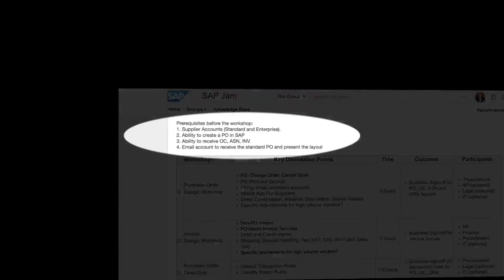1. Make sure you have supplier accounts set up for both standard and enterprise accounts. Have the ability to create a purchase order in SAP. Also, the ability to receive an order confirmation, advance ship notice, and an invoice in SAP as well. Lastly, be sure to set up an email account where we can view the standard PO and present the layout